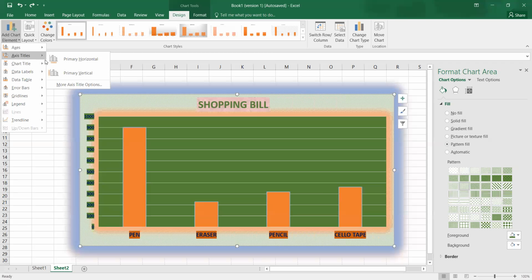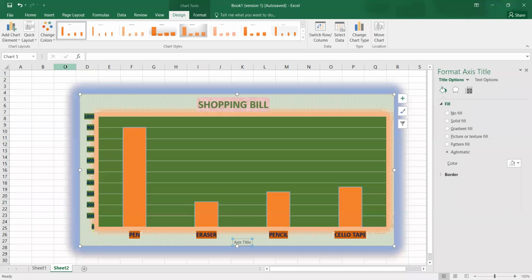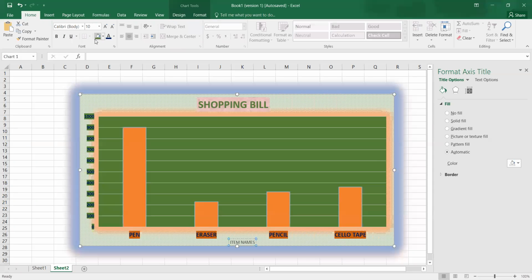So I can give horizontal axis title. So you can see at the bottom axis title component has been added now. So these are the items. Item names. So I will format it again. Increase the size.